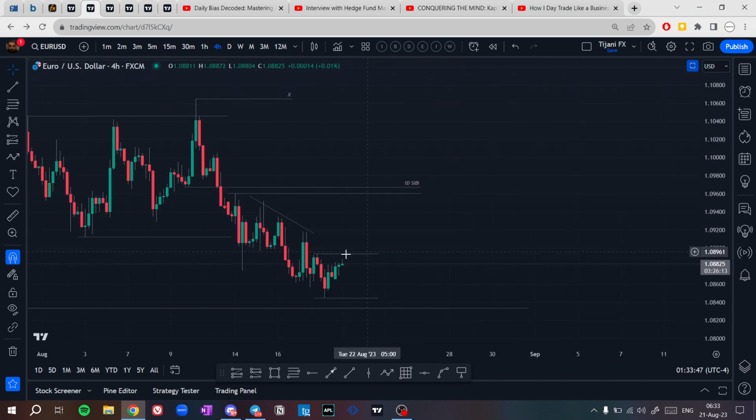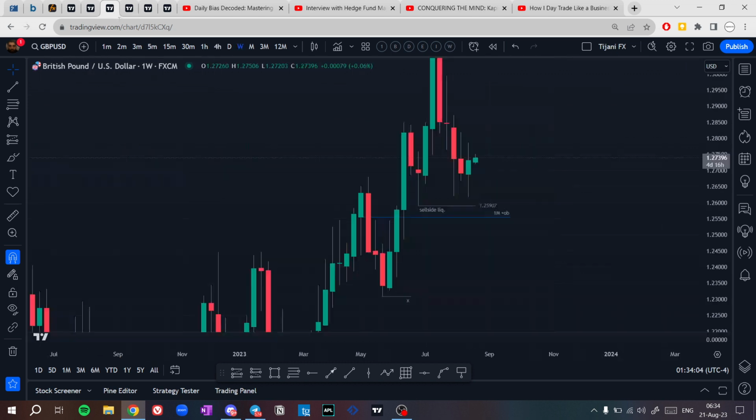And as you see, if price checks this high, we're going to have a confirmation that the 4-hour has a bullish IOF, for price to continue higher, taking this buy side liquidity above these highs, filling the daily CB premium, then bearish prices. On GBPUSD, we're going to have the same.